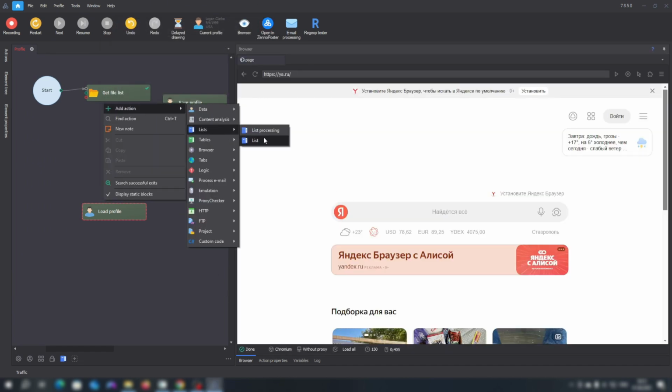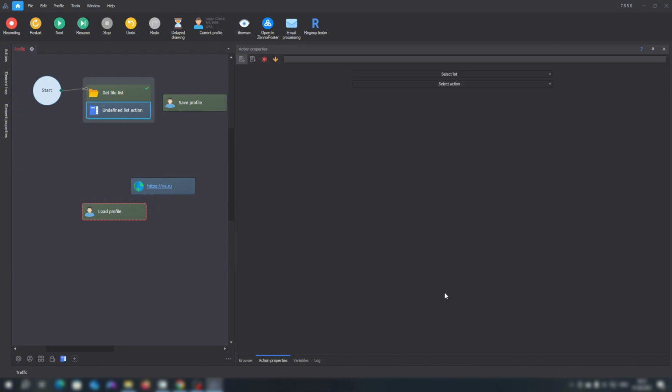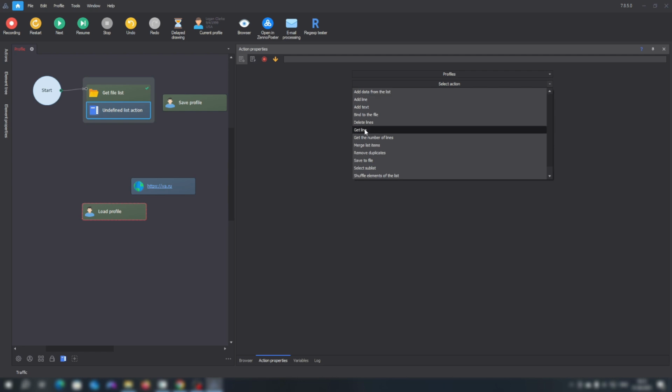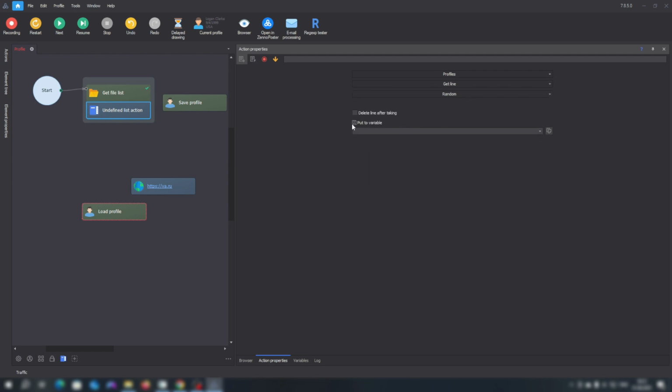Next, we need to take a line from this list in order to load the corresponding profile. Select the Profiles list, choose the Get Line action, and select randomly. There's no point in deleting it right now. Let's create a new variable and call it profile.